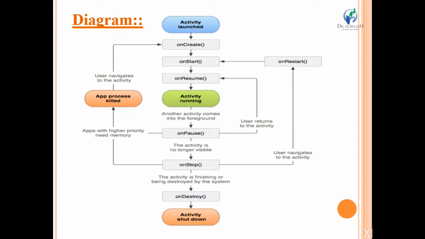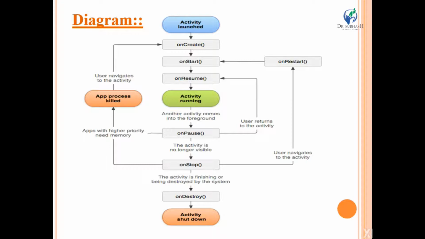Now at this time, suppose another activity comes in the foreground, so your current activity will be paused by calling the onPause method. From the onPause method, you can restart your activity again by calling the onResume method, or you can move towards the onStop method.